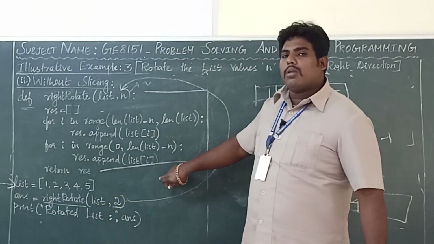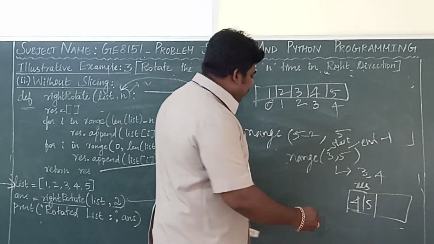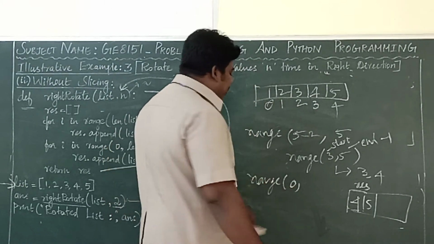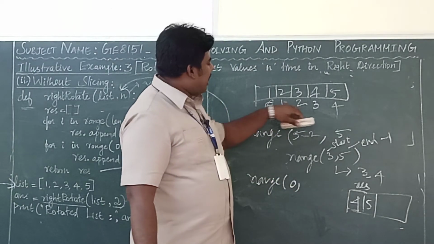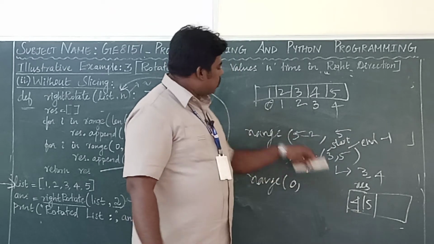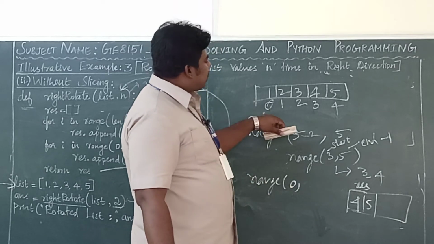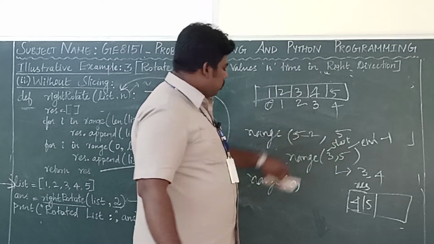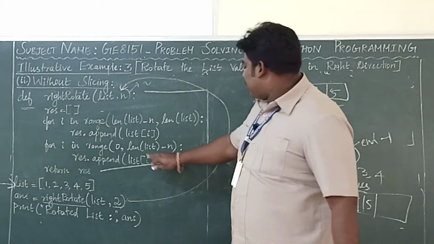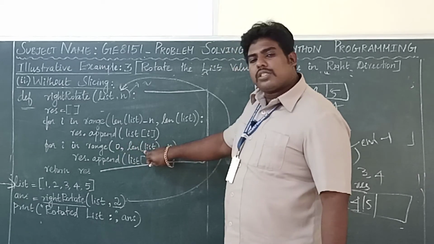So again I am using a for loop. For i in range of, now I am starting from 0. 0 comma, why am I taking 0? 2 times I rotated, so 4, 5 I have taken here. So now I want to start from 0. Till which place do I want to take? 2, right? So 0 comma 3. So for making this 3, I am using len of list, 5.